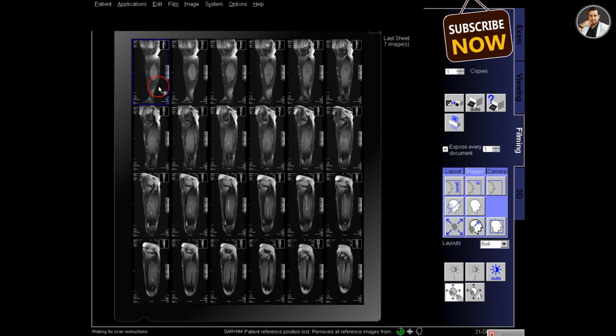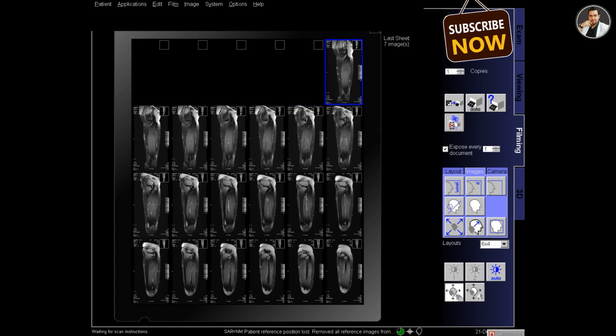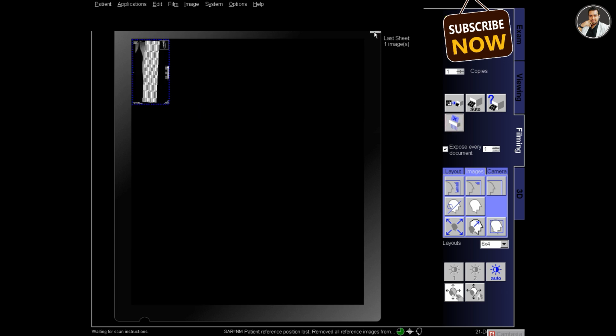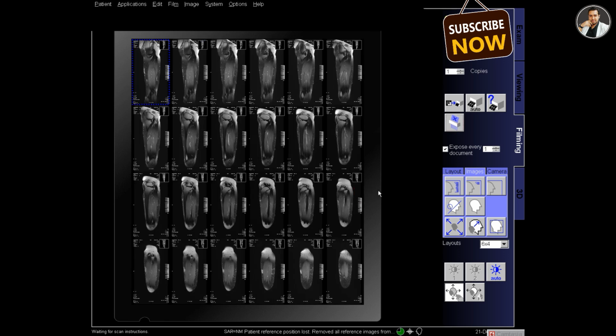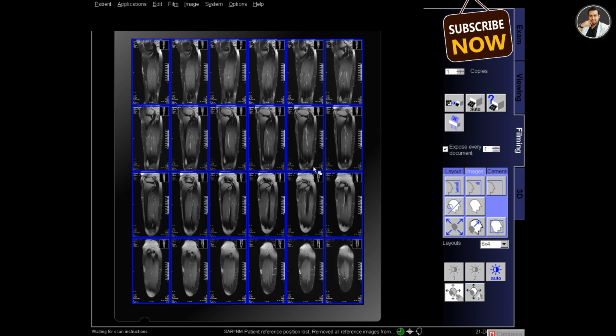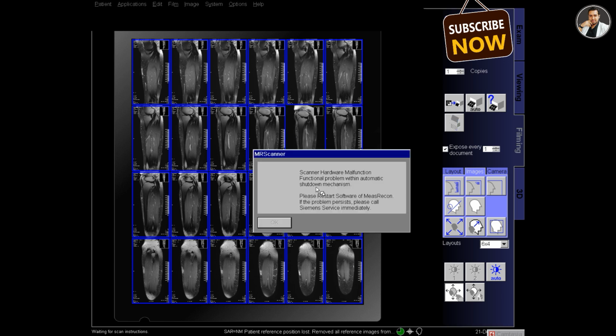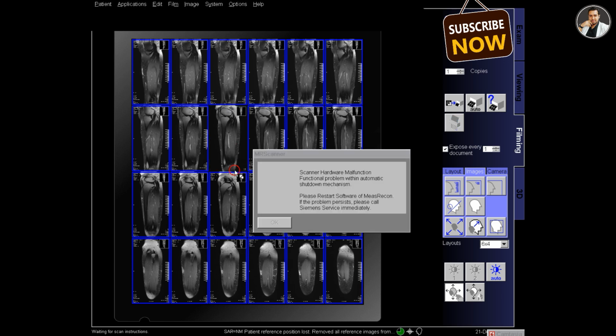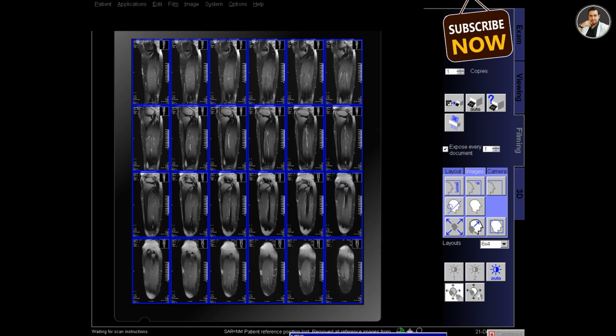You can see that the tibiofibular joint is on the posterior side. Because this is the left leg, it should be on the posterior side of the image. Delete the extra images and adjust the image to fit the window, to fit the segments.